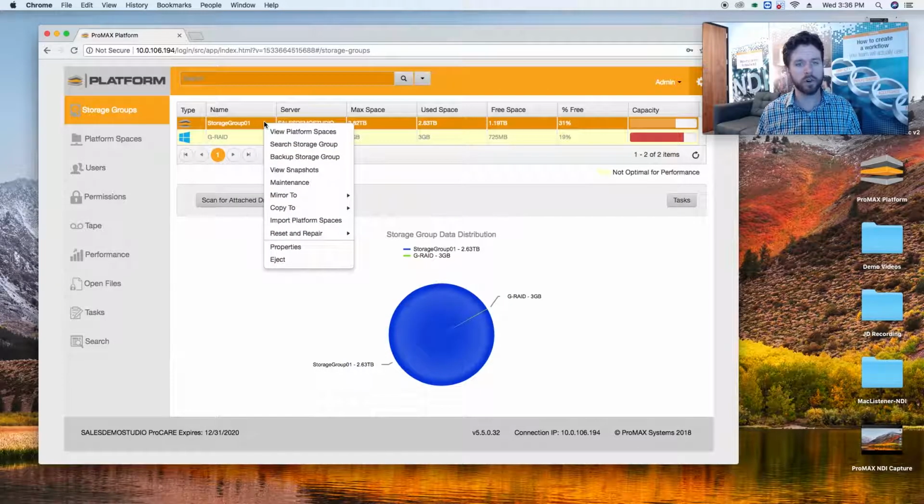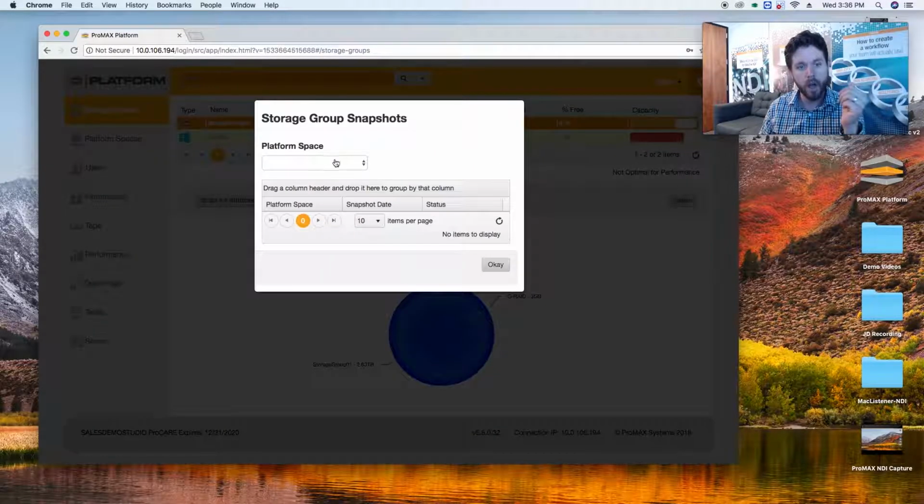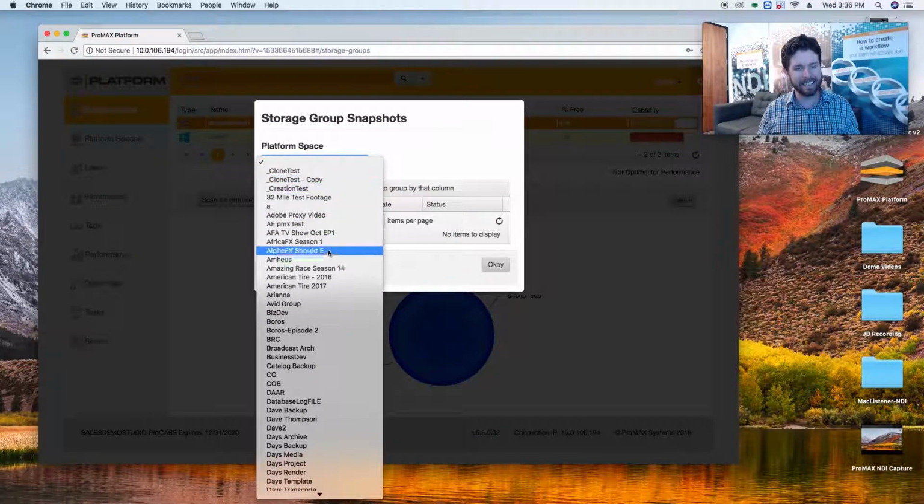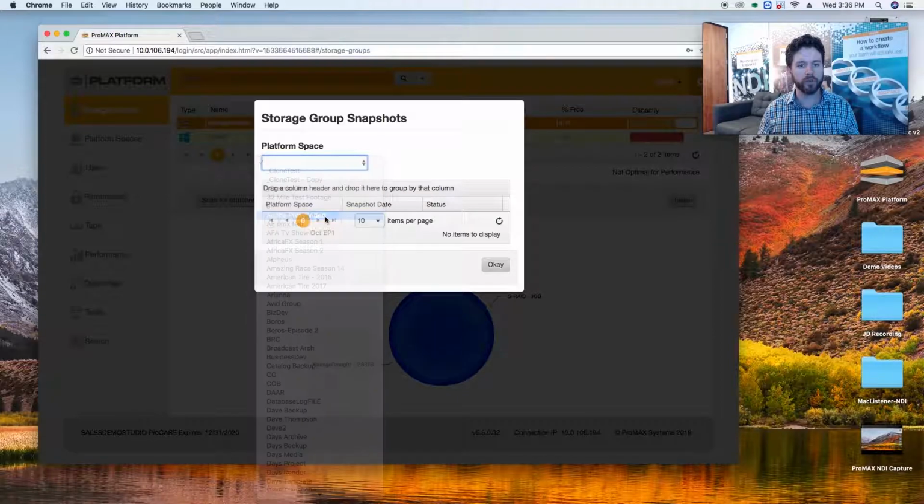So with our storage groups, one of the things that we want to protect you from is not just RAID failure, hard drive failure. We want to actually protect you from accidental data deletion. So we've built something called snapshots. So what's a snapshot? What a snapshot is, it allows us to go to any of those projects that